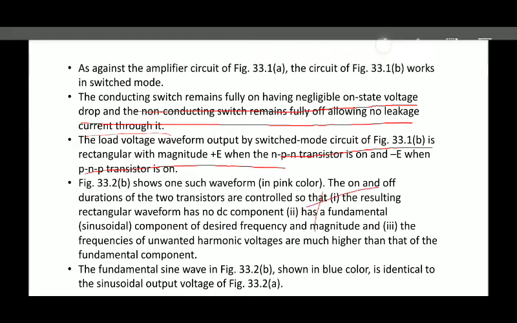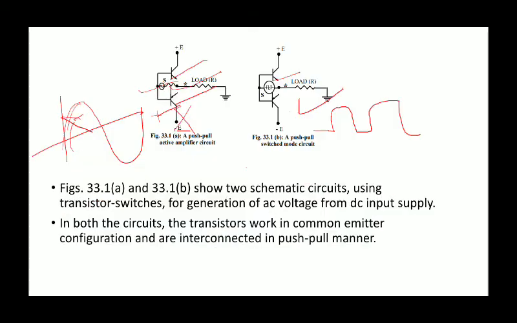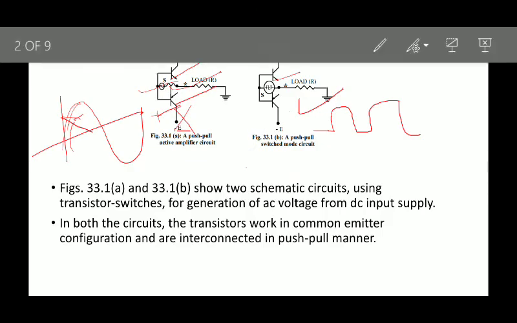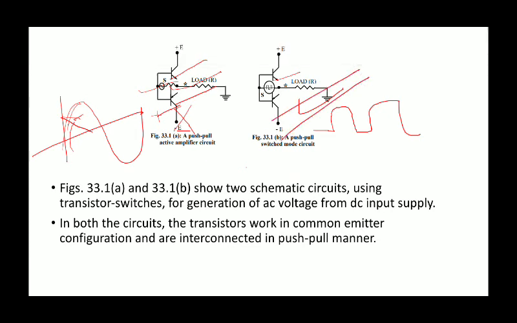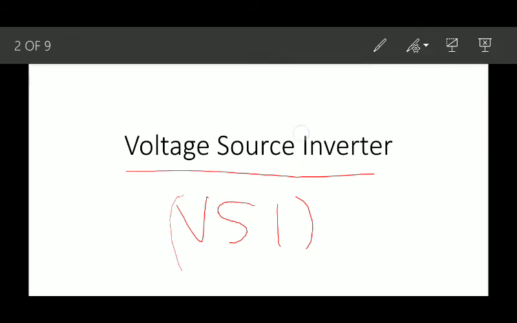So figure B is more useful. Here the voltage drop will be less, and leakage will be present in both the transistors. So it is a more practical circuit. In this case we get a square wave at the output, but as a square wave has